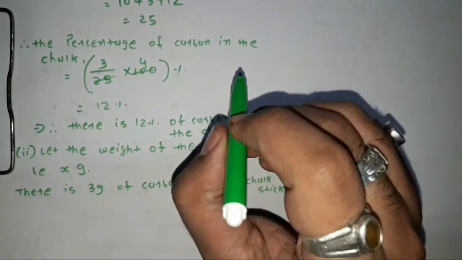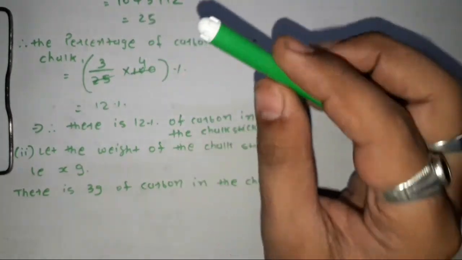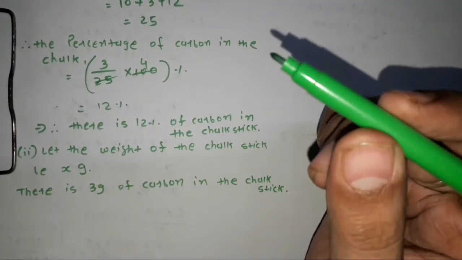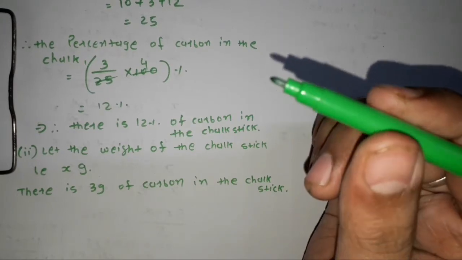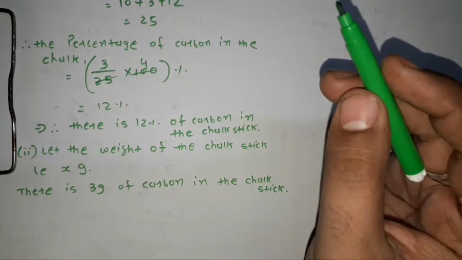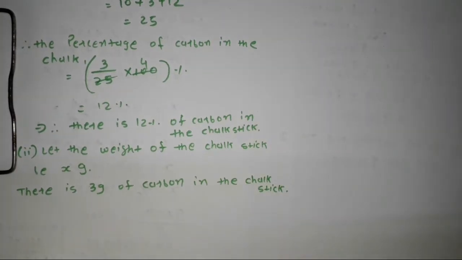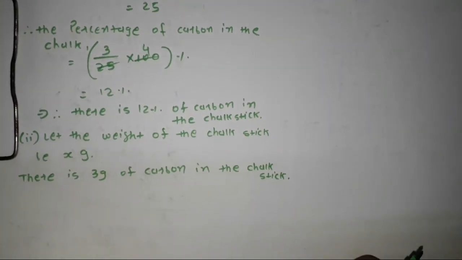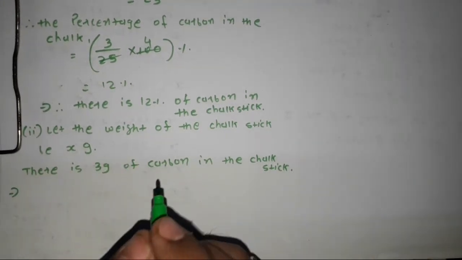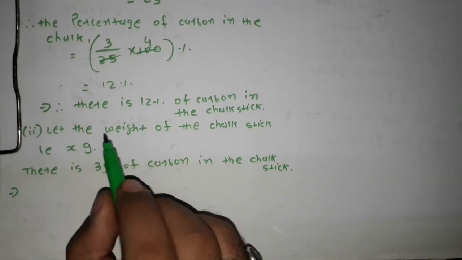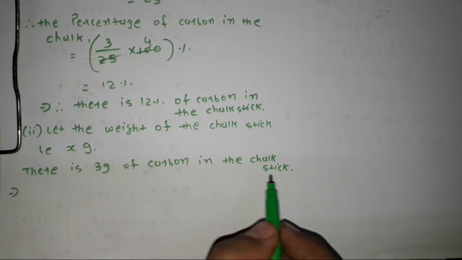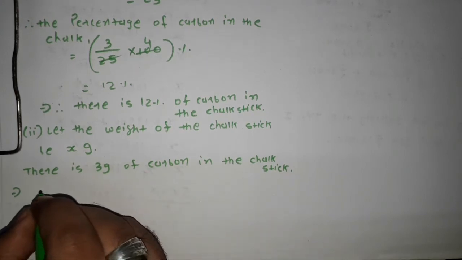So we can write down like this: 12% of the weight of the chalk stick is equal to 3 gram, because whatever the weight of chalk, from that 3 gram is the weight of carbon, and the carbon percentage in the chalk stick is 12%. To solve this type of question you can see here, so you will understand better. Let the weight of the chalk stick be x gram. There is 3 gram of carbon in the chalk stick. So can I write down this thing,